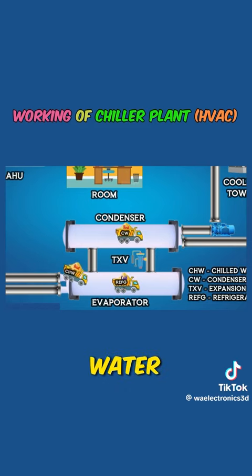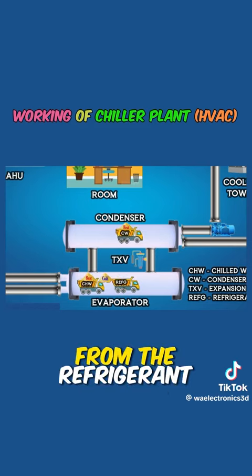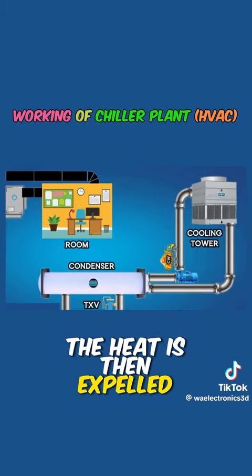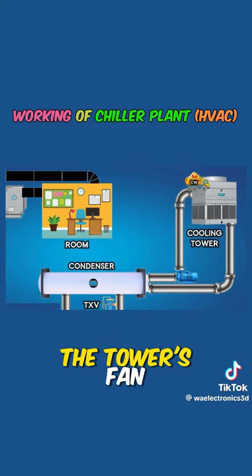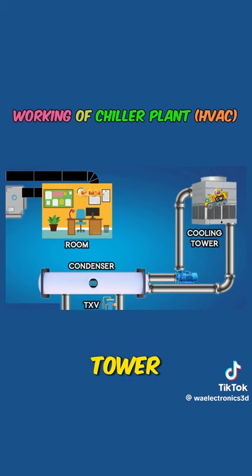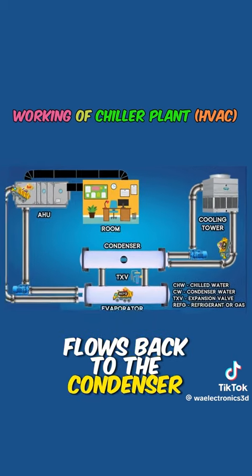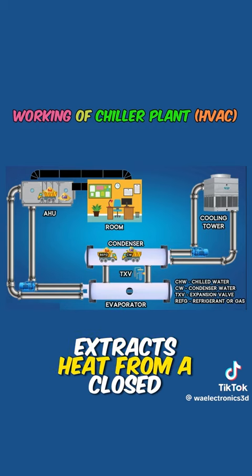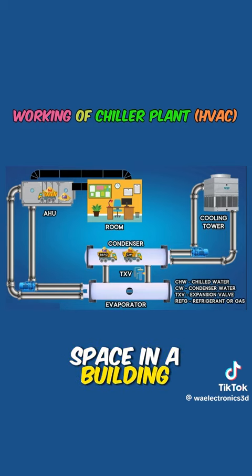Meanwhile, the condenser water, having absorbed the heat from the refrigerant, is transported to the cooling tower. The heat is then expelled into the atmosphere via the tower's fan. Subsequently, the condenser water, now cooler from the cooling tower, flows back to the condenser. This cycle is relentless, illustrating how a chiller plant extracts heat from a closed space in a building and discharges